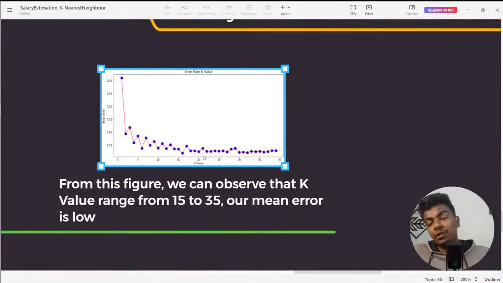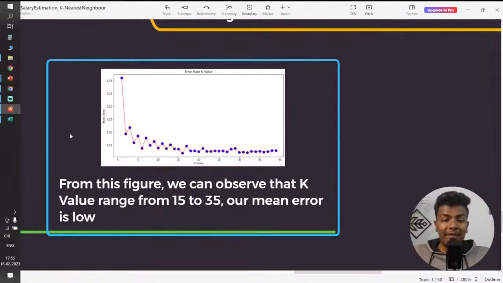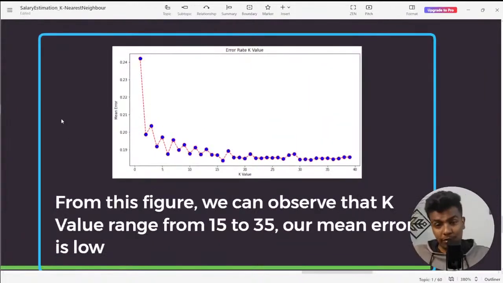But the main condition you want to keep in your mind is that your k value also should be less, and at the same time, your error also should be less. From this condition, you guys tell me which k value you are going to choose for your project. So just remember this condition: number 1, your k value should be less, and your mean error should be less. By analyzing and keeping this condition in mind, tell me which k value you are going to choose for your project. Okay, let us see who's going to give the answers. By choosing different k values, you are going to get different results.